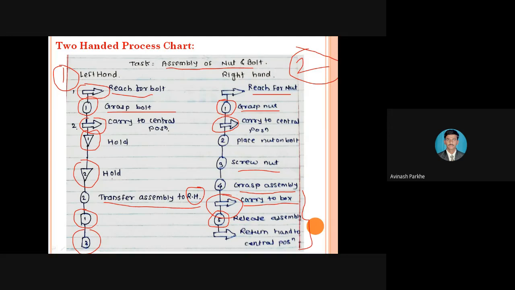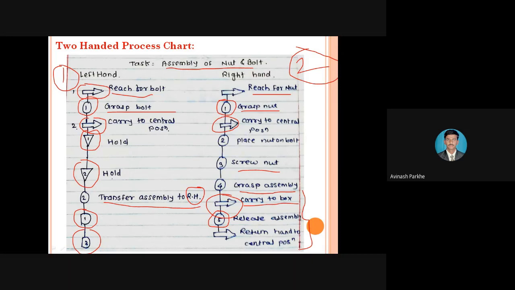If I have to go for the assembly of nut and bolt, I will take the bolt first, then I will take the nut, then I will take them in front of each other. Now for the assembly purpose, I have to fix the bolt and I have to rotate the nut. If I have to fix the bolt, means I have to keep my left hand stationary and my right hand is only working. That means I will rotate that particular nut maybe in clockwise direction or maybe in anti-clockwise direction. Once the assembly is over, the movement of the left hand is also over. I will take that particular assembly from the left hand. I will keep that particular assembly in one box, and then that right hand also comes to its original